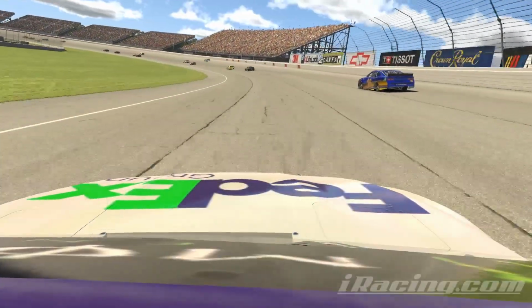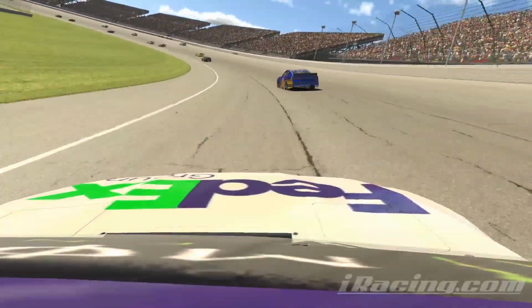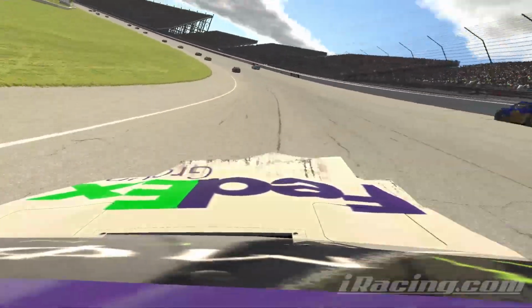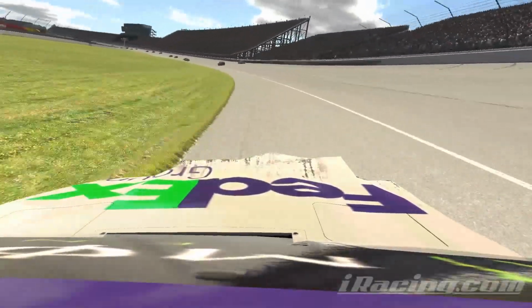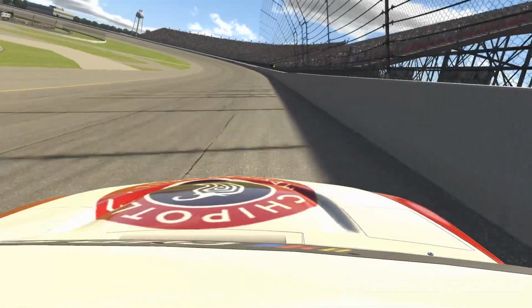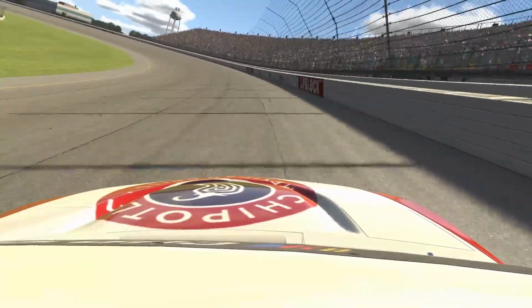That is some major damage. Right on with Mark's point of view here, as he sees it all unfold in front of him. Not sure which way to go there. That's not all. Under caution here, our leader Daniel